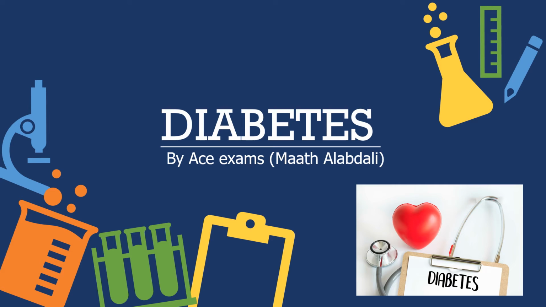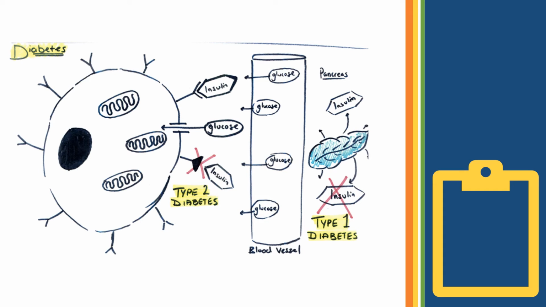Okay, so diabetes. Diabetes is simple as well. There are two types of diabetes. There's type 1 diabetes and type 2 diabetes. Type 1 diabetes is when there is no insulin in the body. So there's no insulin produced from the pancreas. This means that there is no insulin that converts glucose to glycogen, as we learned before in the control of blood glucose. And it can only be treated by taking insulin injection. That is type 1 diabetes.